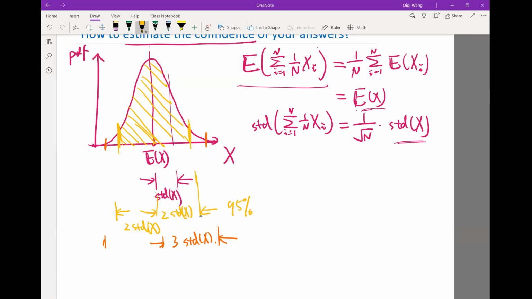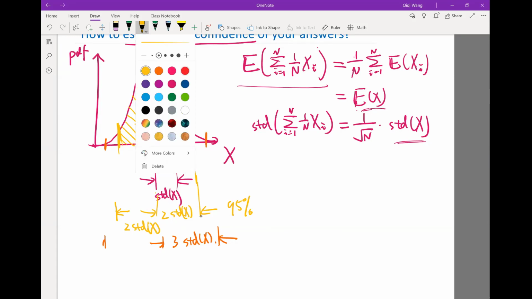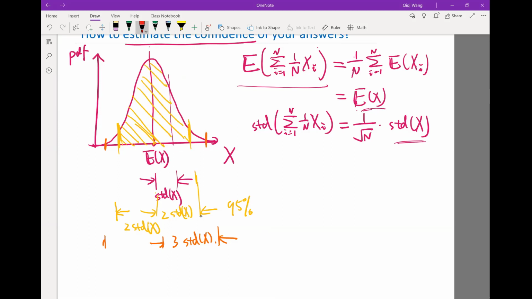And if I have strictly the normal distribution, then the integral below the PDF in between plus and minus 3 standard deviation is about 99.8%. But that's a far less reliable answer unless your distribution is really close to normal distribution,